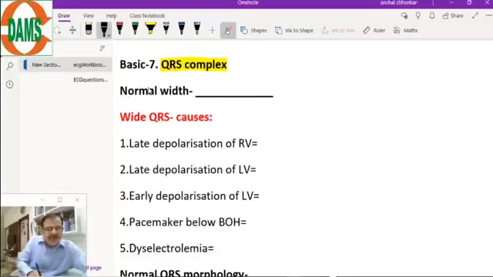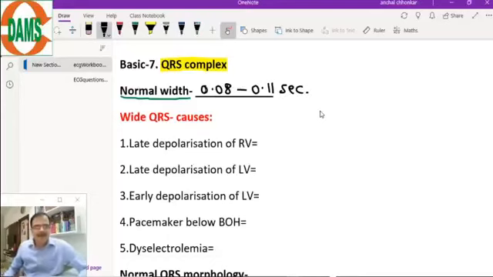So starting with the first one, the normal width of QRS complex. The normal width ranges from 0.08 to 0.11 second. 0.08 to 0.11 second is the normal width. So this is a very short width. This is due to